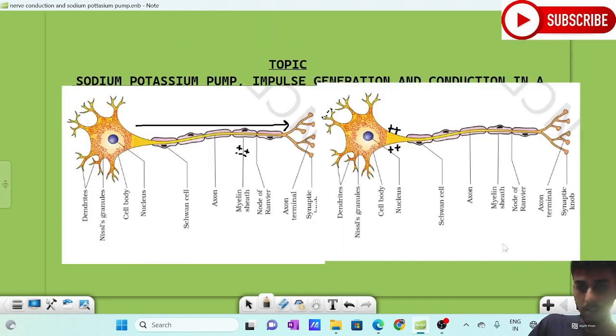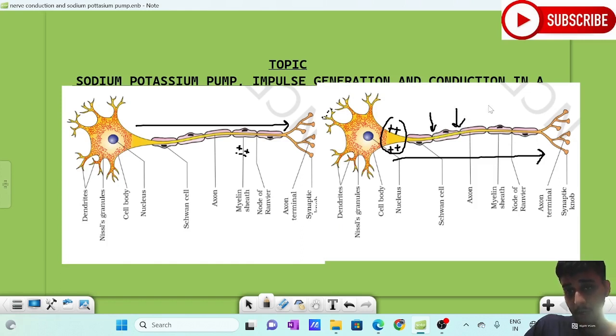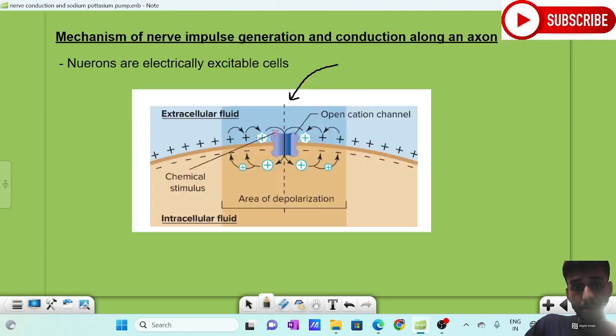Actually, an action potential will make certain channels open here. It will allow the opening of the rest of the channels here. You should understand that channels, meaning the sodium potassium pump or any channels, are only present at the node of Ranvier. They are not present here. Which means, look,